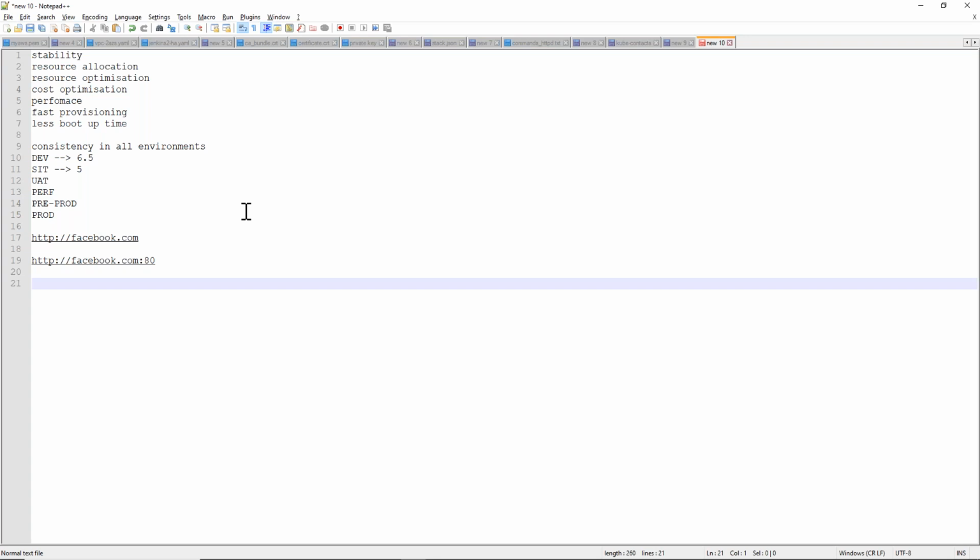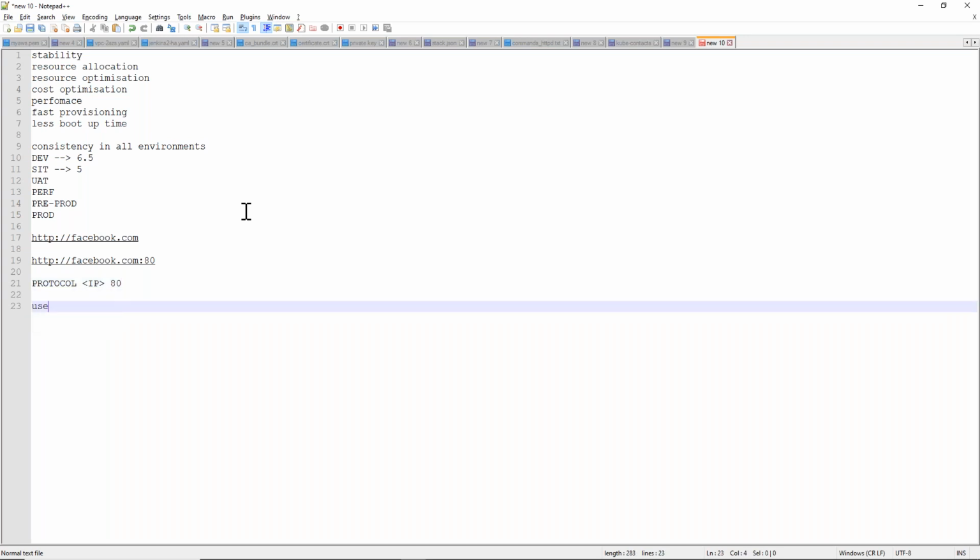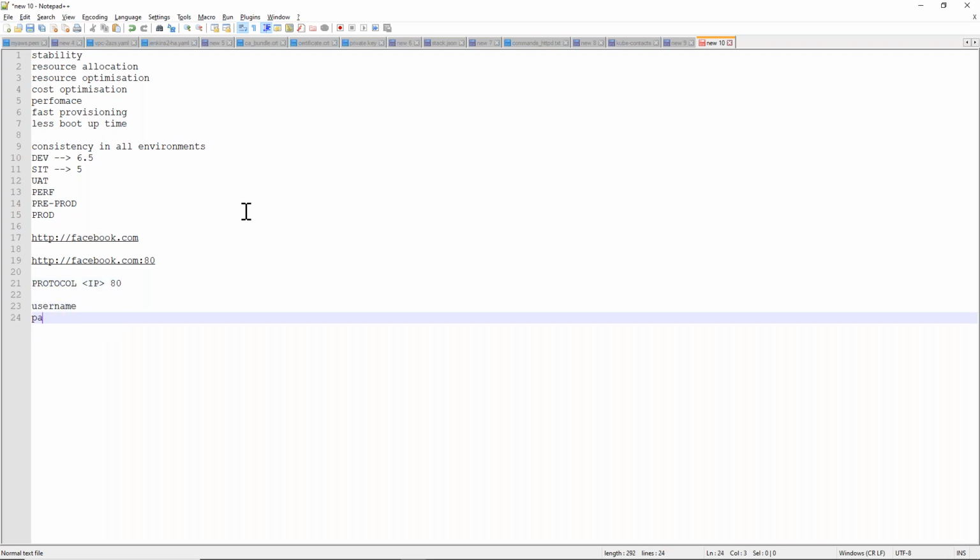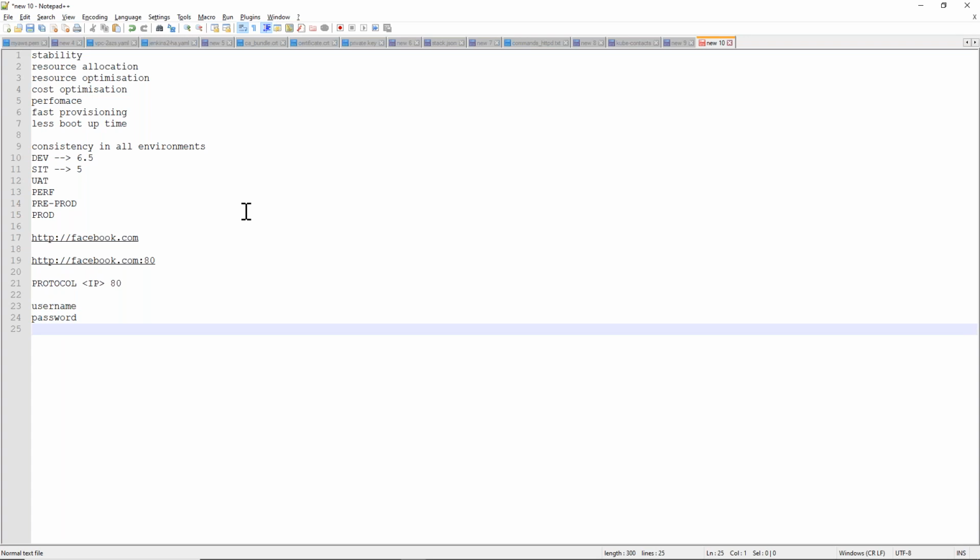Here, HTTP is the protocol, and facebook.com is converted into an IP address using the DNS service, and then the port number. Once you enter, it will ask for a username and password. So for any server, any protocol, the syntax is that you must provide the protocol, the IP address, the port, and the username and password. This is the common scenario.